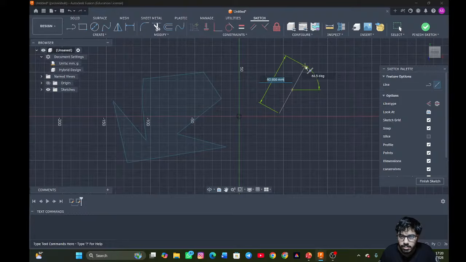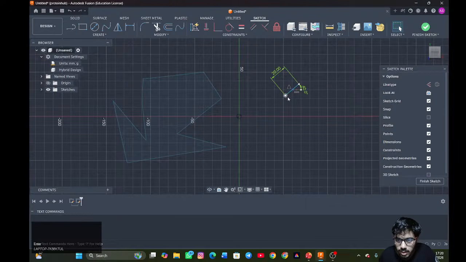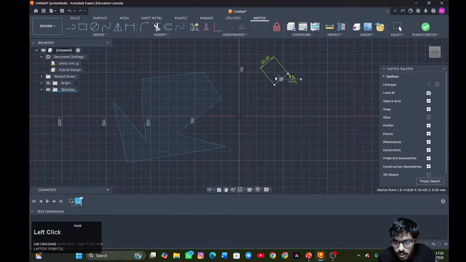Without the mouse you can also do it. If you want the length to be, suppose, 20 millimeters, you can type 20 and then press tab to go to the angle part. So you don't need to type out all the angles here. You can just type 40 and enter. So it will be 40 degrees from the baseline. This is our